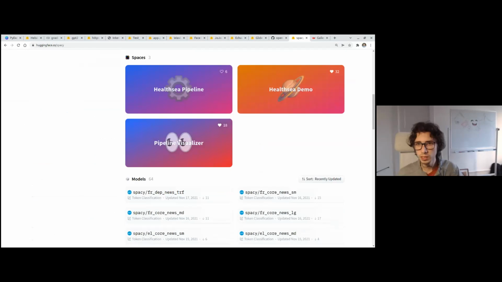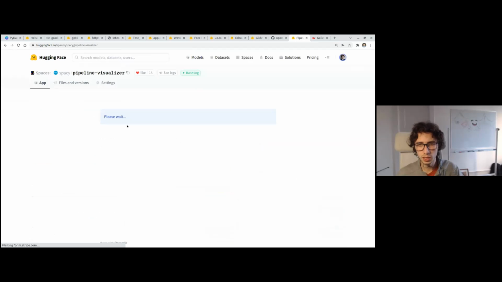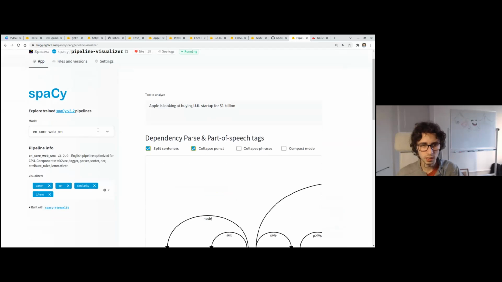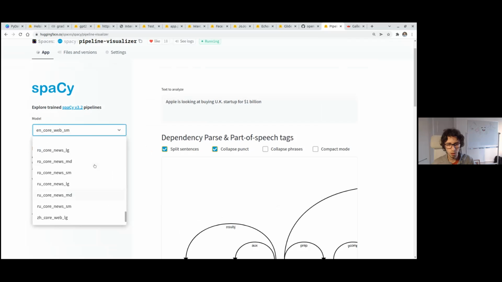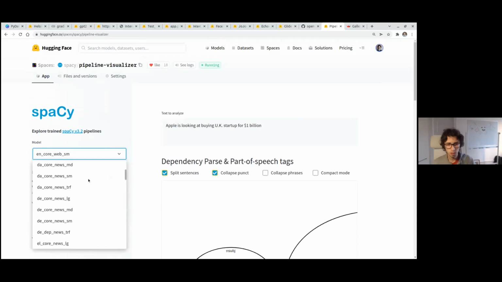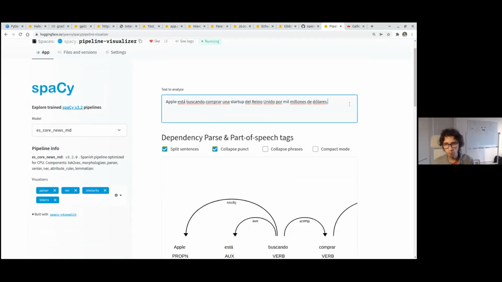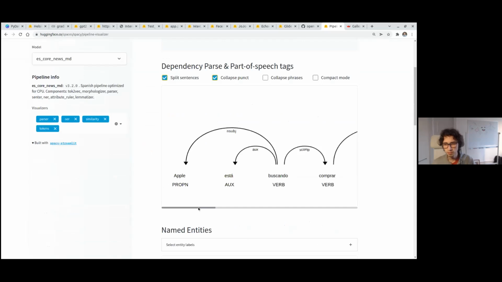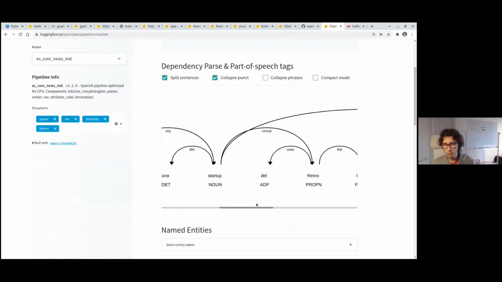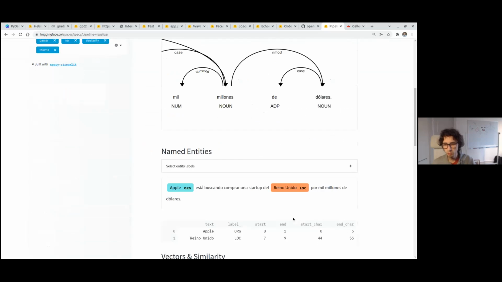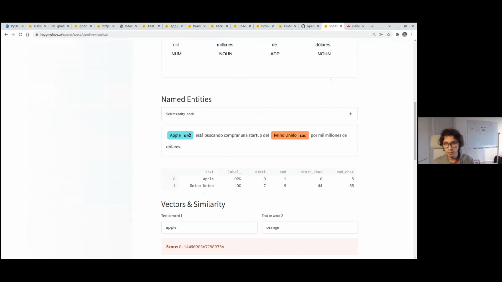In the case of these pipeline visualizers, they are very cool because here you can select one of these 60-something models. So for example, I can go to the Spanish model. I can wait a bit. Here I have some example text. I can find here the verb, determinant, different kinds of stuff. I can get named entity recognition, which is like this is an organization.